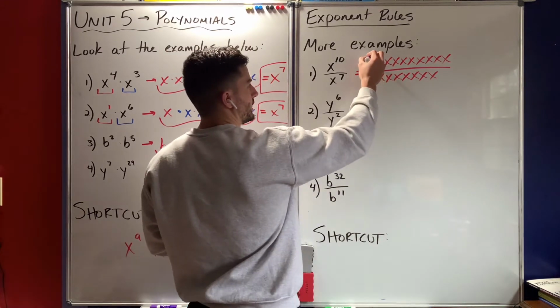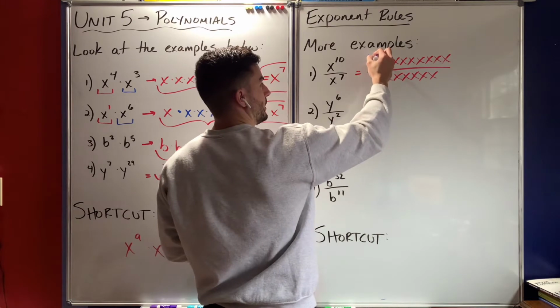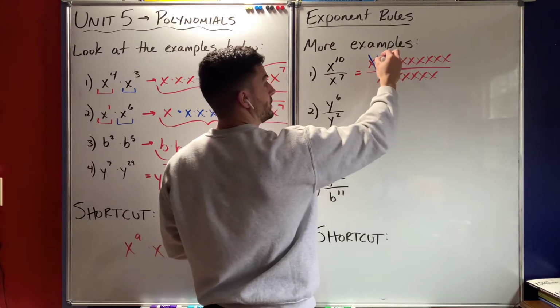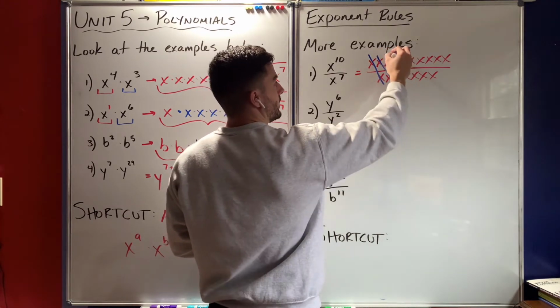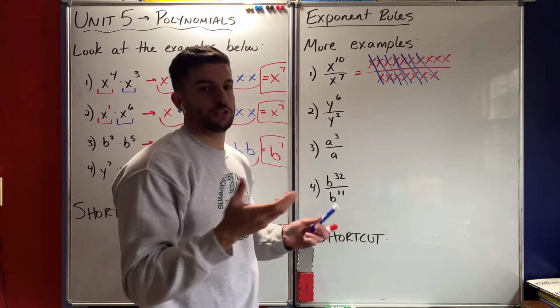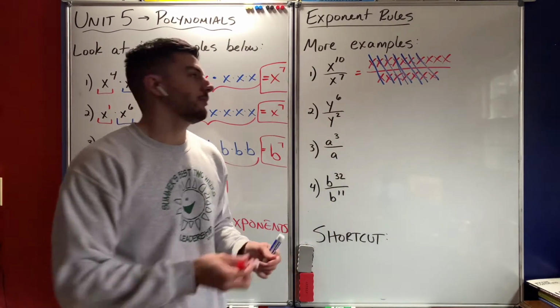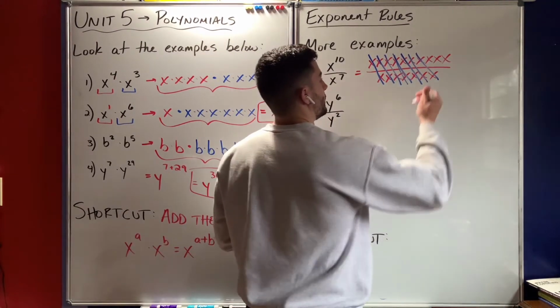So like this first one, x divided by x, that kind of cancels out, right? X divided by x cancels. Now it's going to happen a bunch of times, right? X divided by x, x divided by x. So a whole bunch of x's canceled there, okay? But then eventually I do run out of x's on the bottom. So I look at, okay, what do I have left now? And what I have left are these